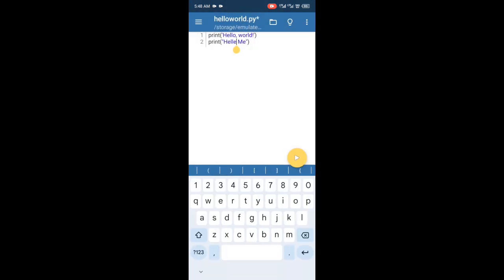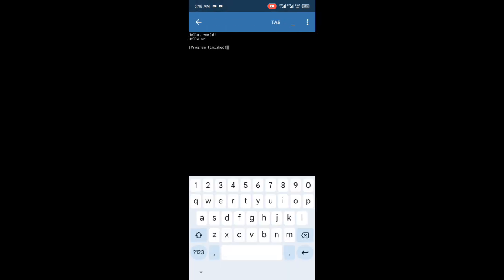So basically these are the two best applications you can go with if you are trying to code via mobile